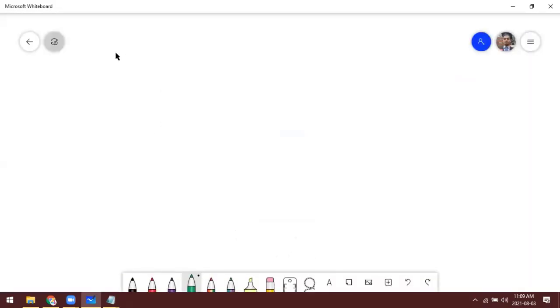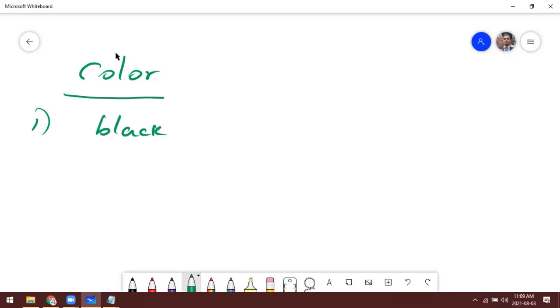And another aspect is there, color. When using color, there are 3 ways you can use. If the color has a specific text, you can use. For example, black is a meaningful color, right? It has a meaning, black. So if you want to specify a color, you can give value. Color value can be in 3 ways.